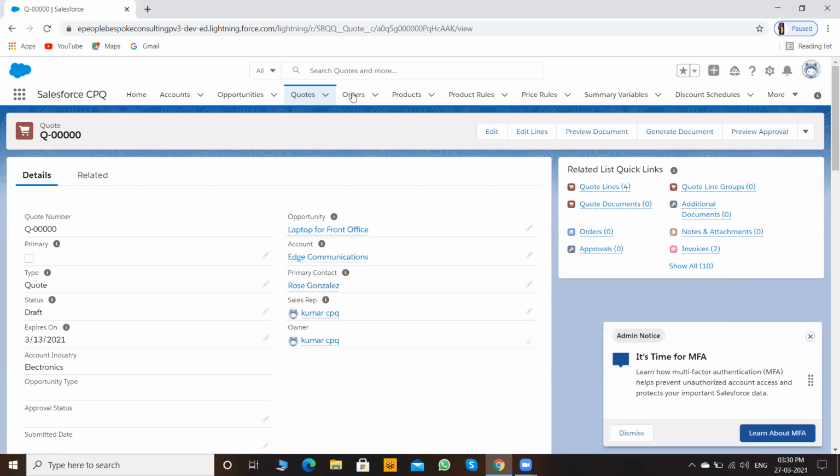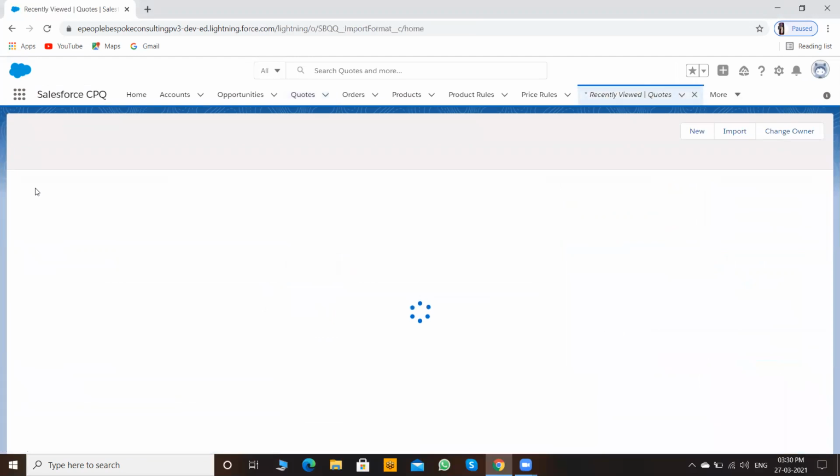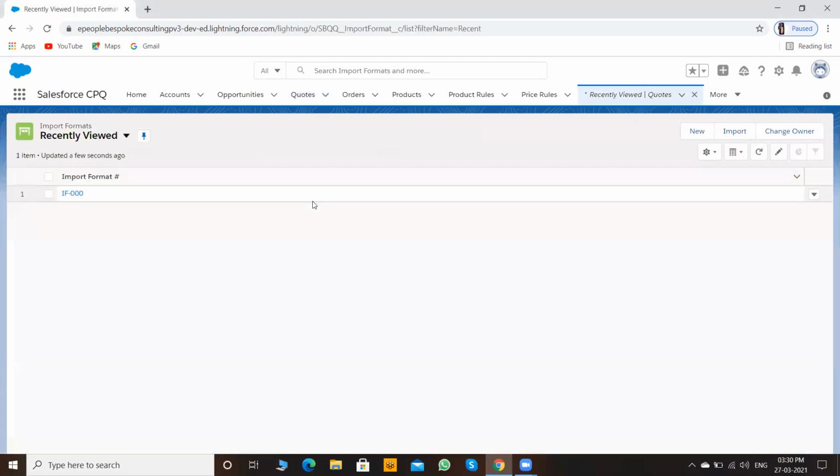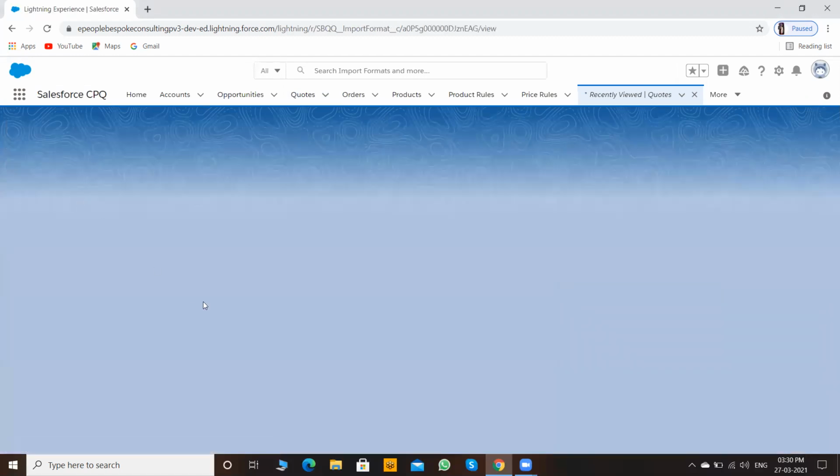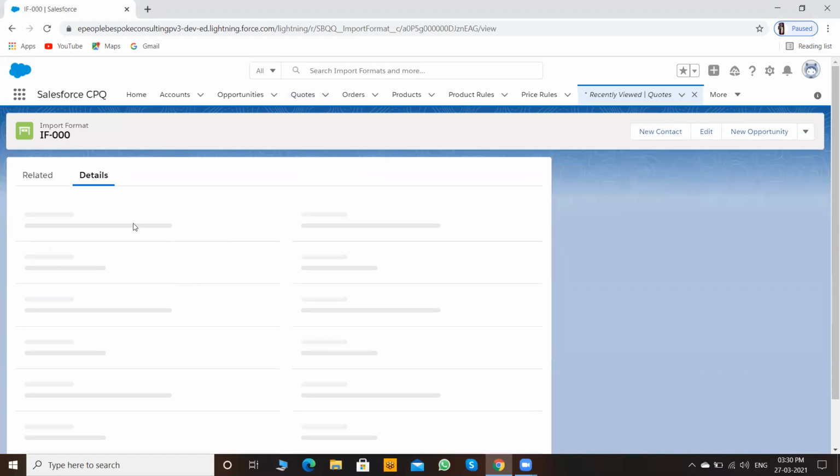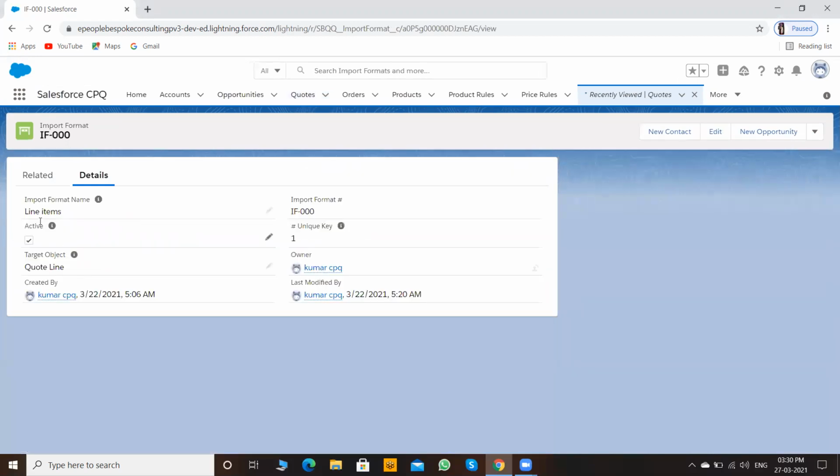After that, there is one more object called Import Format. Open this Import Format page layout, where you need to give your format. Presently I have created one format. My format name is line item, and it should be active.